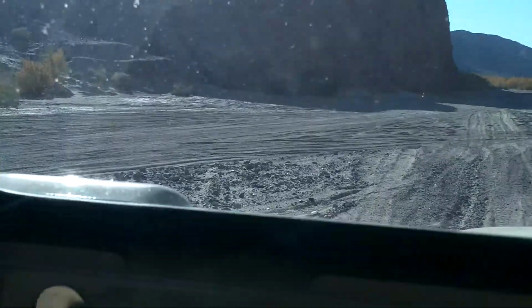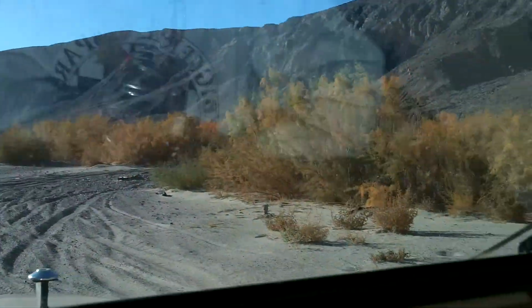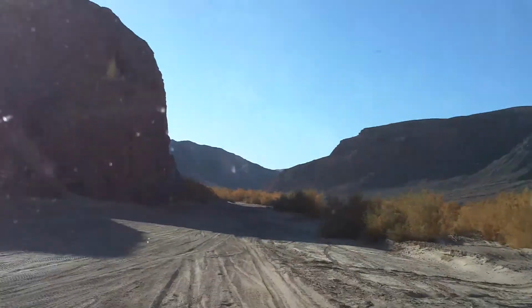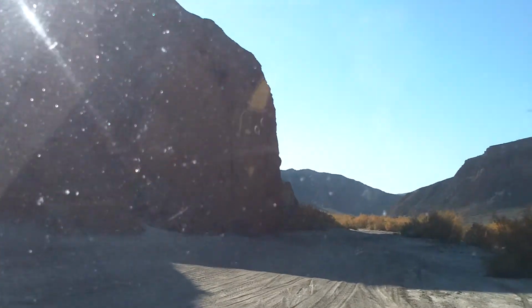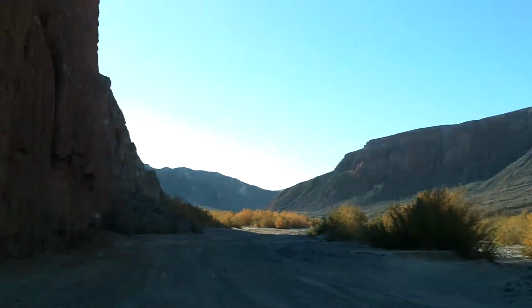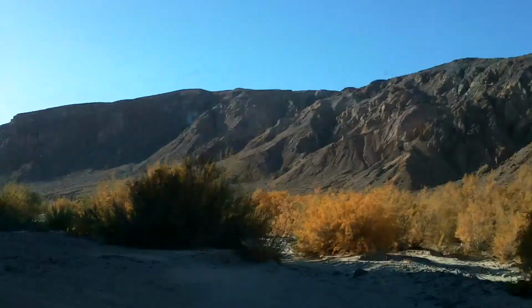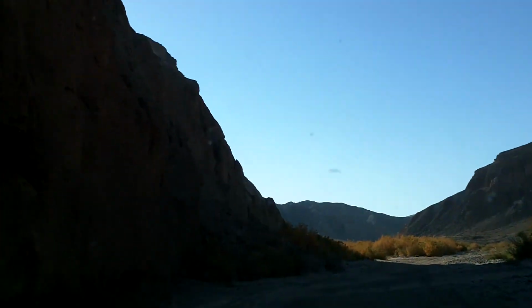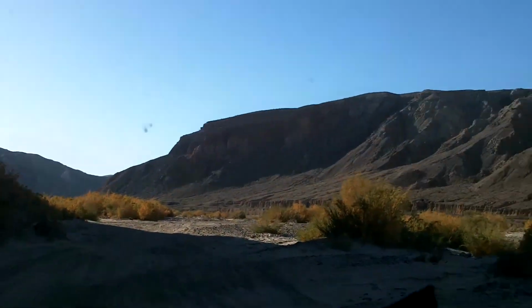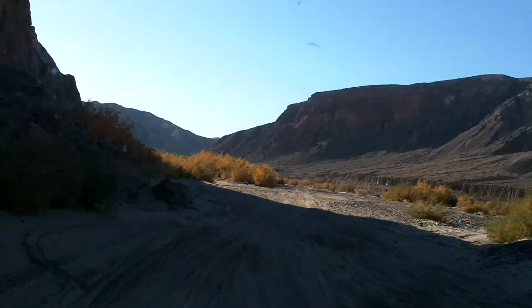Hey, the Forest Service, BLM, they like to have you hike. They want you to get your exercise. They're really concerned about your health. They got to think of us old codgers that are too old to hike. Give me a heart attack hiking. Got to a point where if I can't drive to it, I don't go to it. Yes, us old fogies can't do it no more. The only thing I got to say to Sierra Clubbers is